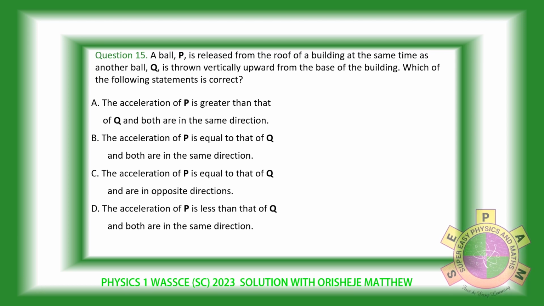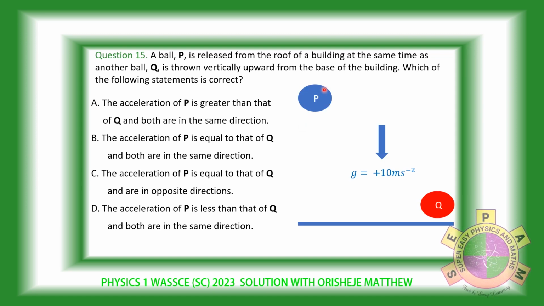Question 15. A ball, P, is released from the roof of a building at the same time as another ball, Q, is thrown vertically upward from the base of the building. Which of the following statements is correct? So what we are looking at, you have this ball P released from the roof, and then another ball is thrown from the bottom. Both of them are going to, the one P drops with the acceleration due to gravity, and Q, as it's flying up, is also going to be acted upon with acceleration